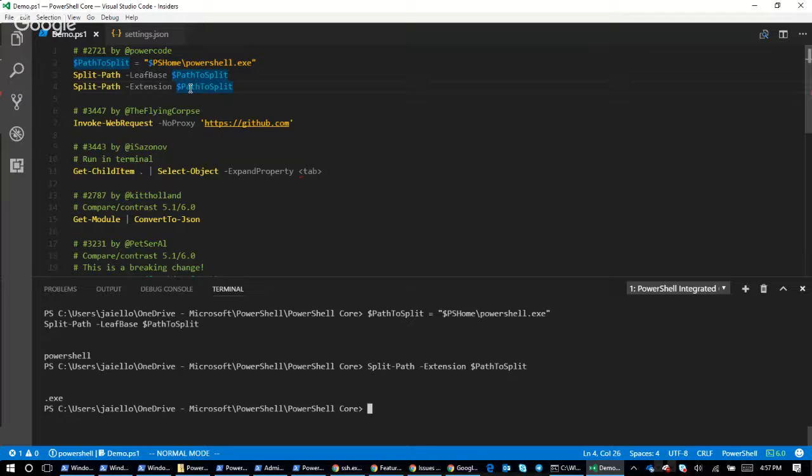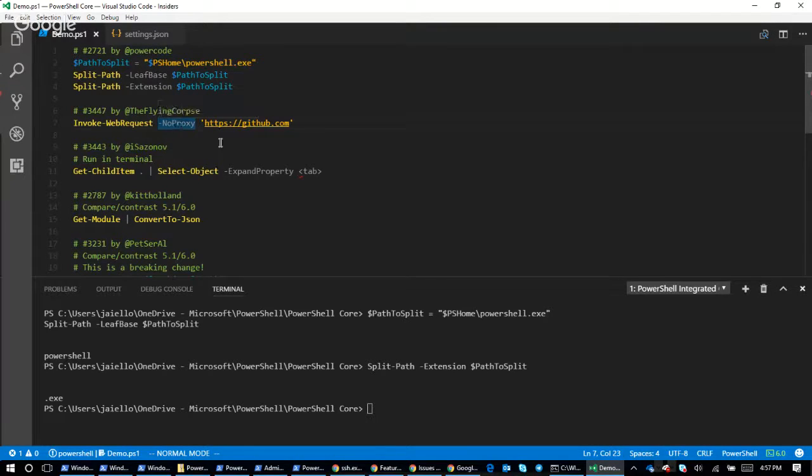I actually think that Jeffrey Snover either opened this issue originally or commented on the pull request as it was getting implemented. But he was super excited, totally uses this all the time now. Thanks to PowerCode for that one. I just met him up at PSCompU, really nice guy, Stefan.